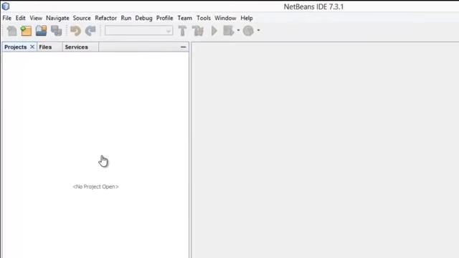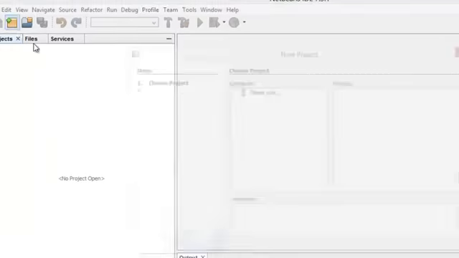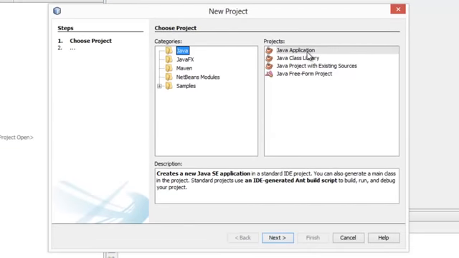Okay, I'm back in NetBeans, and I think the first thing I want to do is take you through how to build one of these types of GUI projects from scratch. So I'm going to do something we haven't done in a while. I'm going to do a new project. Usually I skip this part because I figure you know how to do it. I'm going to pick Java application here,